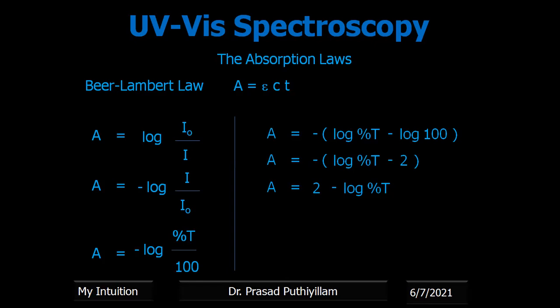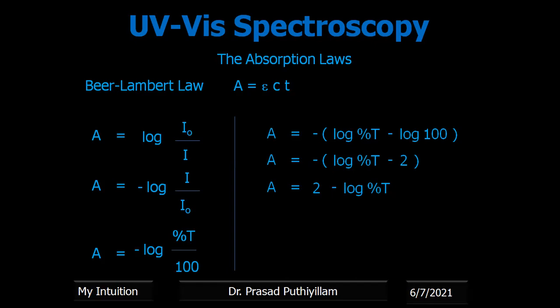All these expressions, one by one, you should note down. Take a book and a pen, and write all these expressions one by one. It is very useful for your higher studies, even to meet the competitive exams. There are so many questions. They may not ask what is Beer's law, what is Lambert's law. They will be giving some values, and you have to calculate the absorbance or transmittance based on that.